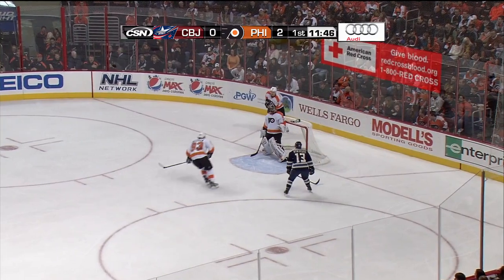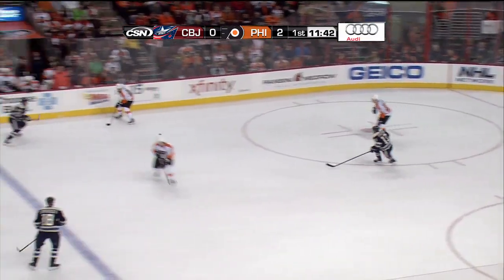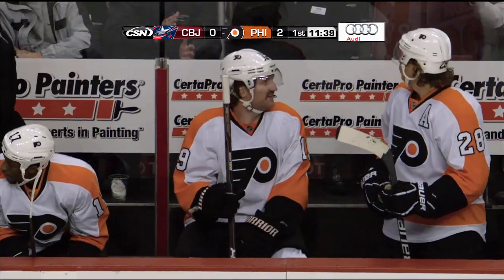Flyers have really done a nice job through the neutral zone, creating odd man rushes. That's something Columbus really wants to tighten up against. They need to do a better job getting in the way of those pucks like that play right there that